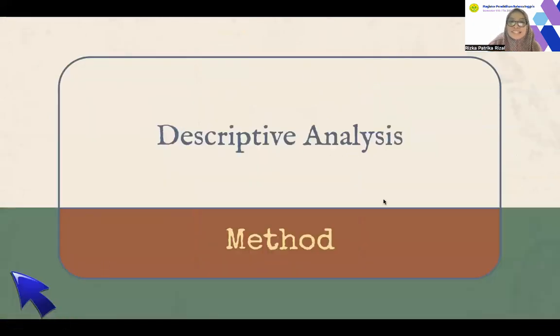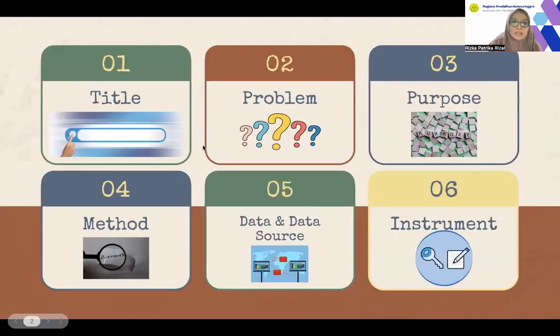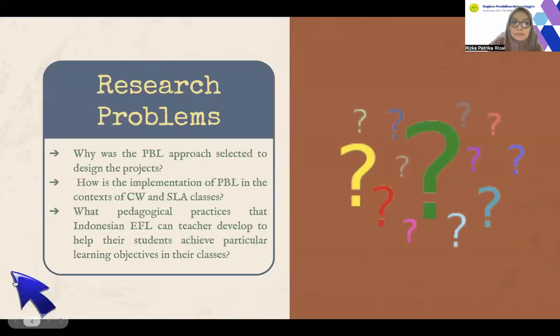And then for the next one, problem and method. Although the method is not stated in the article directly, I can conclude from the research that the writer is conducting a descriptive analysis, because he would like to know the theory of PBL and then how the practice is. So it means that the method being used here is coherent and suitable with the research problems being raised. Okay, for the next one,